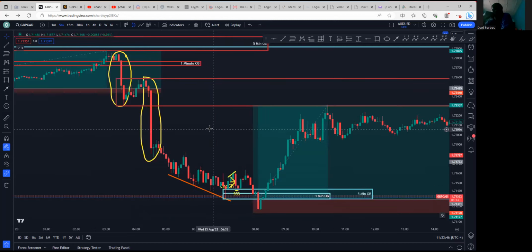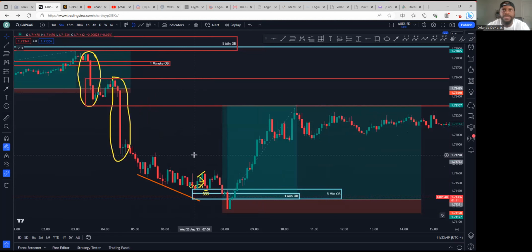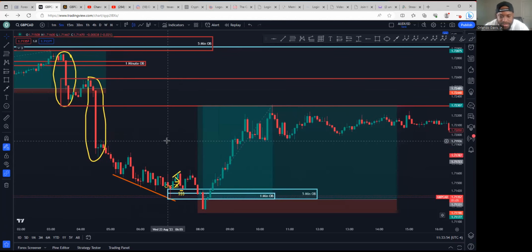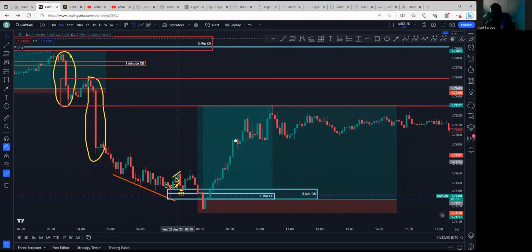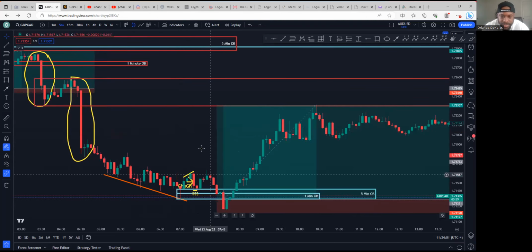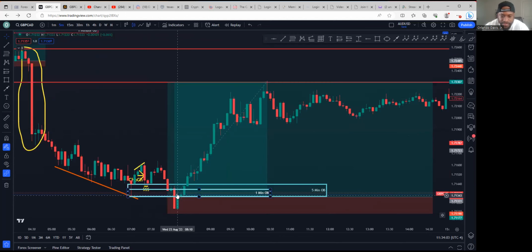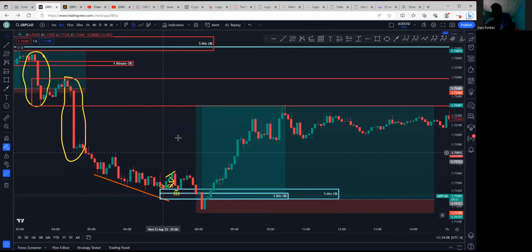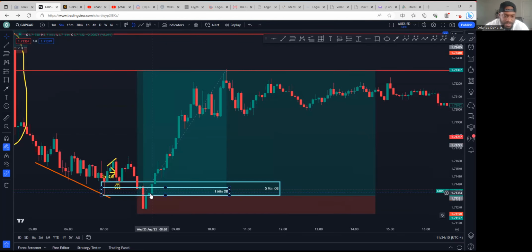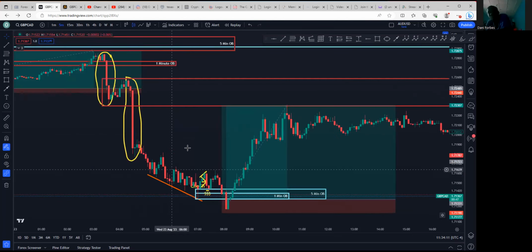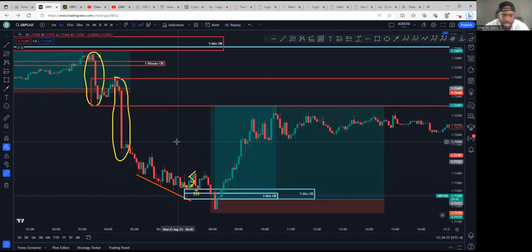What's that? It's something, not abandoned baby. Crap, it's not a Harami pattern. I forgot what it's called, but this bullish candlestick closed at least 50% of this bearish candlestick, and it's on the inside. I forgot the term, I'm drawing a blank right now. But anyway, I saw that and I simply did a buy market execution, and I said, hey, where's my TP1?